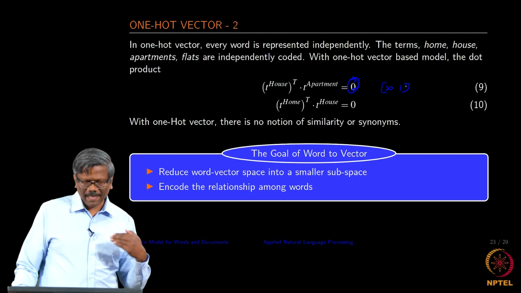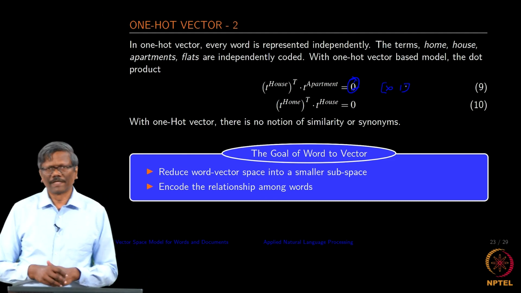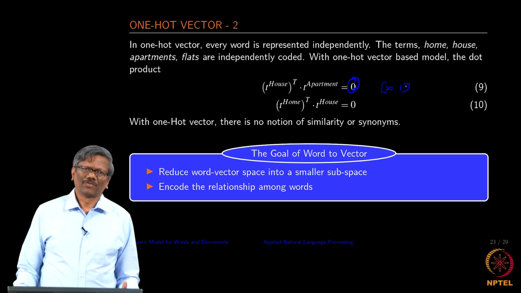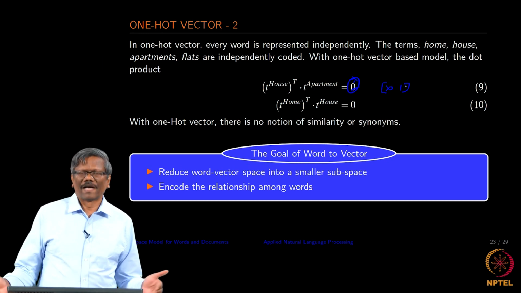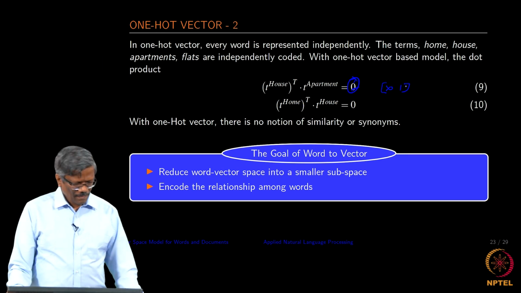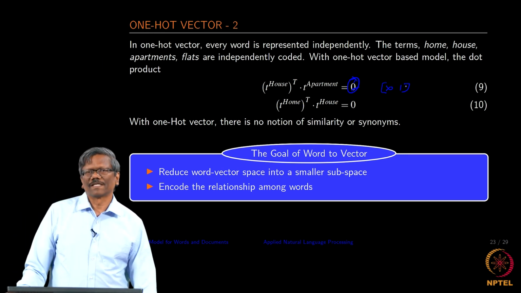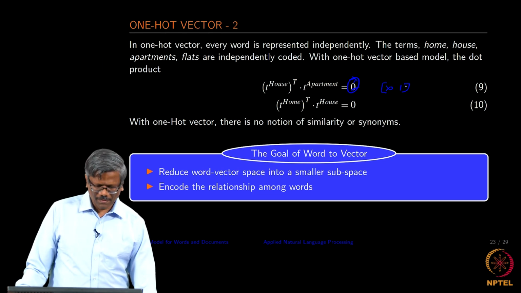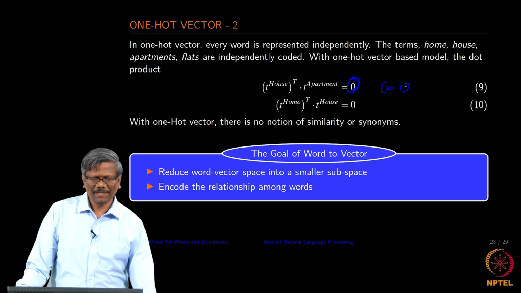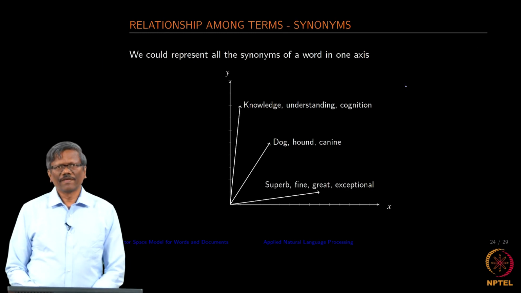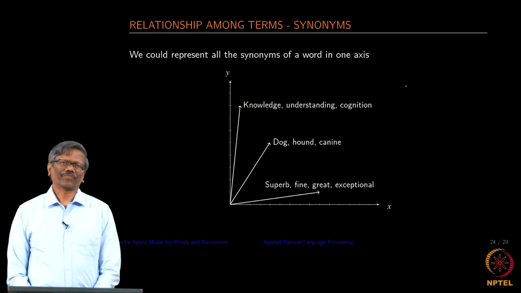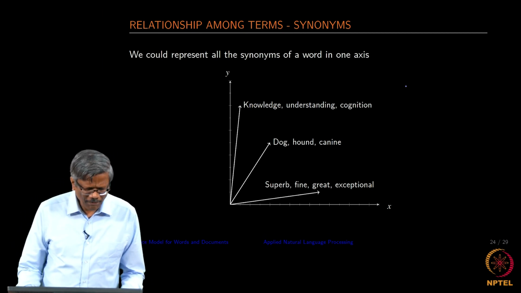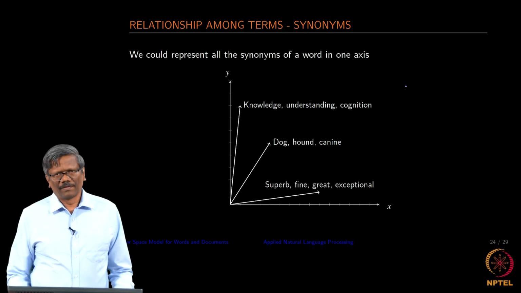So, the main aim of word to vector is to reduce that vector space from so many million axes to manageable ones, and then also encode the relationship among words when we do so. So, that is the dual purpose of the goal of word to vector. So, how can we represent them differently, right? One way to represent them in